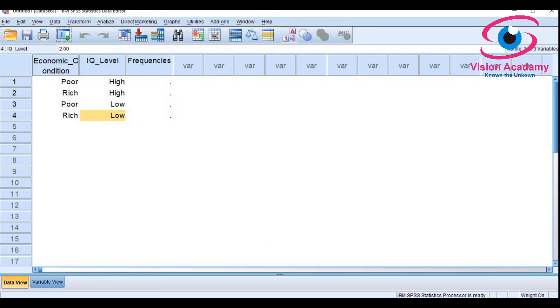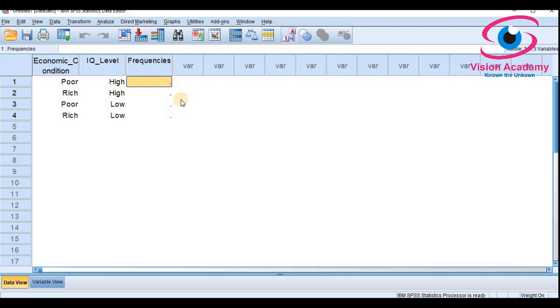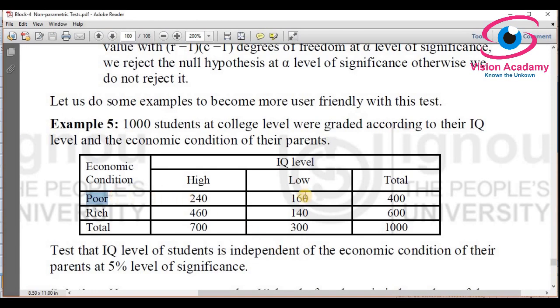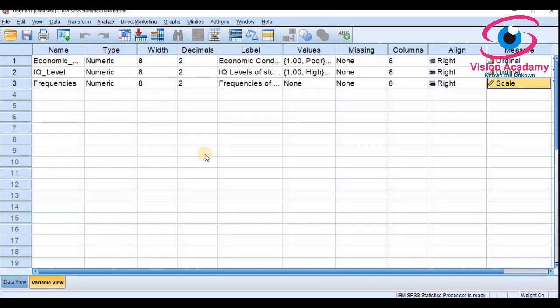Very importantly, you should consider like that, and I have to add frequency of this now. Frequency poor high 240, rich high 460. So enter that, 240, 460. And now poor low, rich low, 160, 140. So this is how you will enter data in SPSS software.